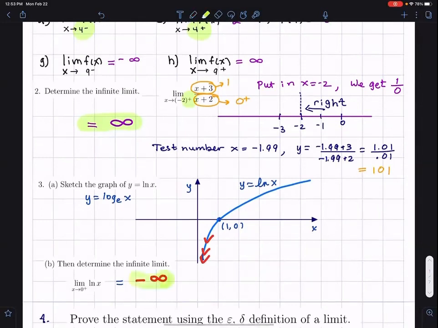All right. Well, at least it sounds like you guys know how to do this. Do you know the graph? I hope. So